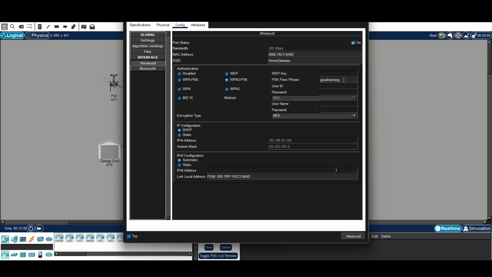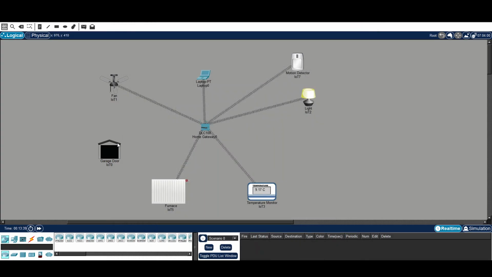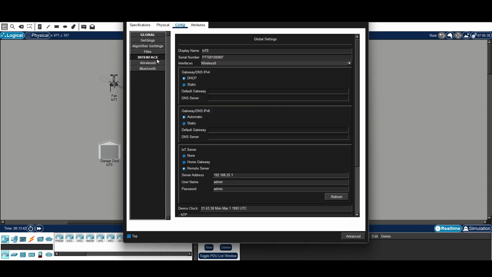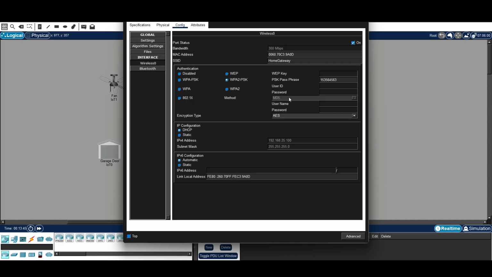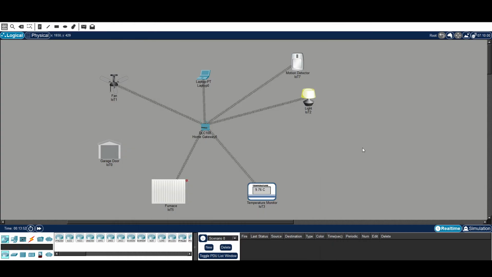For example, if I put any other password and press enter, it will get disconnected from the home gateway. We have to enter the exact password which was set earlier in the home gateway. So here I have put good morning and the garage door is successfully connected to the home gateway. Here you can see. Similarly, for other devices, I have entered the same authentication password and SSID to connect them